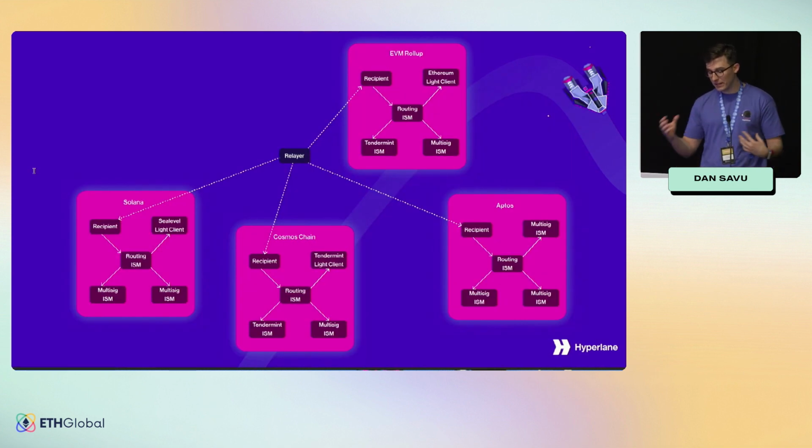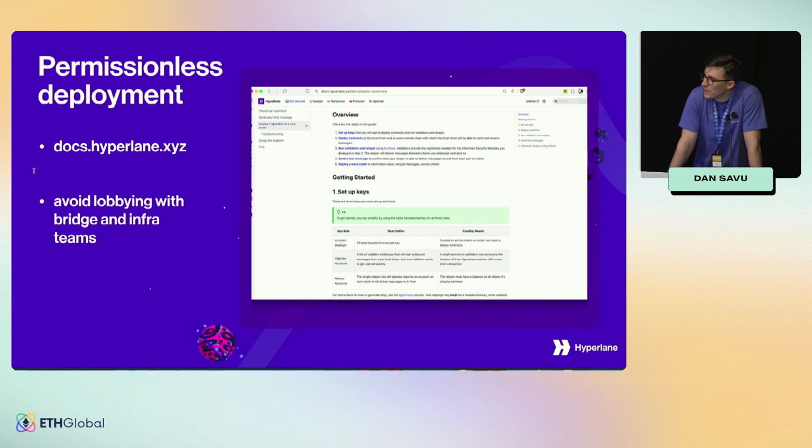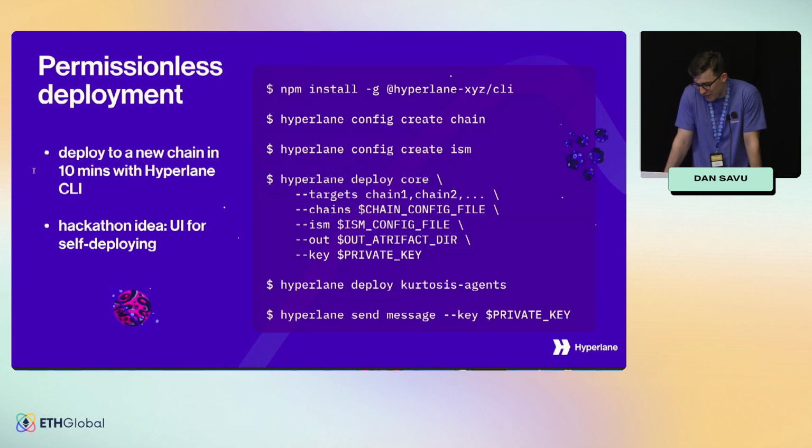But obviously, making it very easy to select different security modules wouldn't make much sense if you then needed to come to us, Hyperlane, and lobby us to deploy onto your chain. And so to that end, we've invested a lot of time and resources into being fully open source and having great docs to help you deploy Hyperlane and run the infrastructure on your own, should you want to. There's a link to our docs website in there. And I'm actually going to run you through deploying a Hyperlane general message bridge, but also a token bridge, without actually running commands, because workshop internet tends to be terrible.